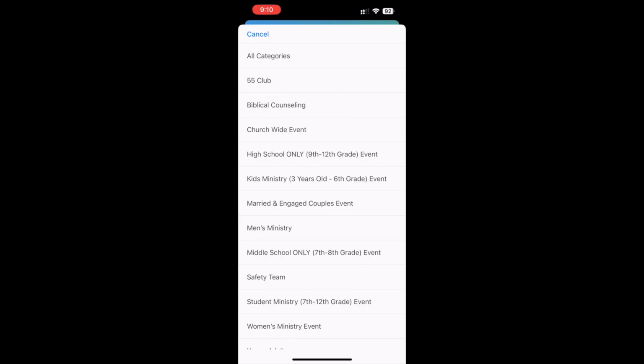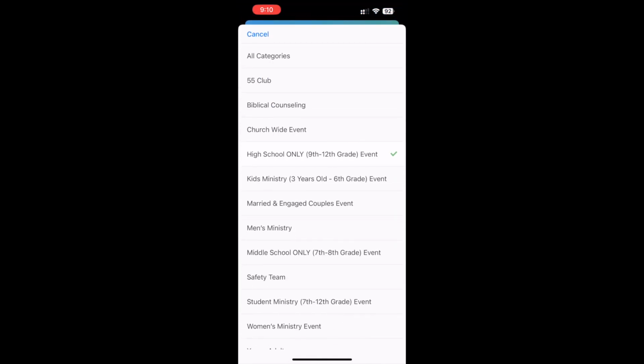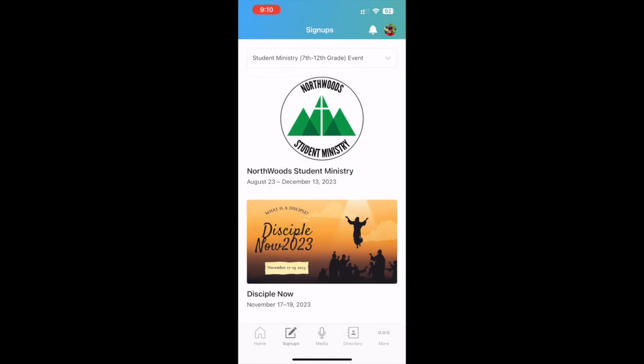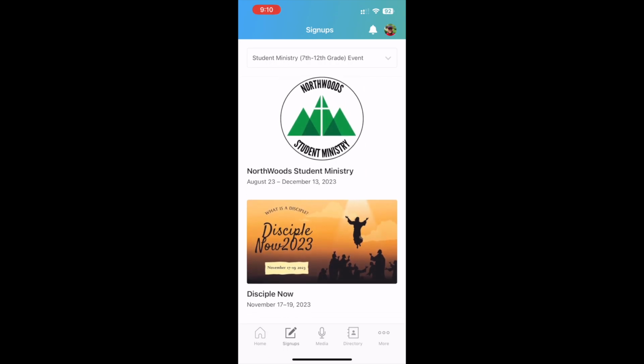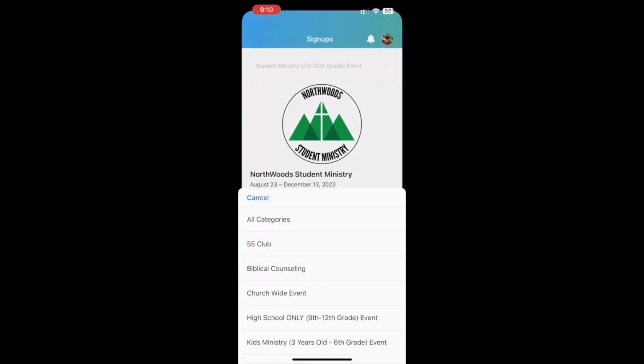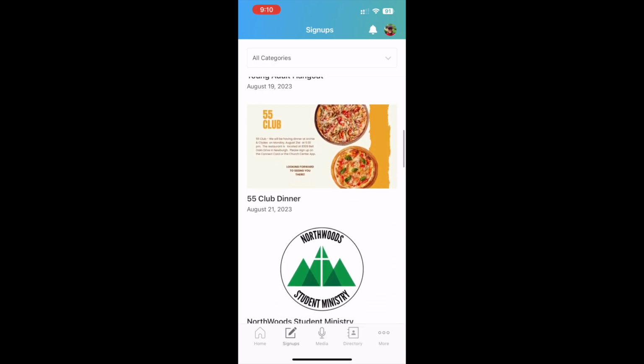So I have a high school student. If I was looking for only the events for high school and didn't want to see all the events of the church, I can click on that, and then it sorts things out. It doesn't say there's anything, but it looks like that's, if I click on student ministry, there we go. So that pulls up a couple different things that are going on for our student ministry, the entire 7th through 12th grade. Let me go back to all categories,